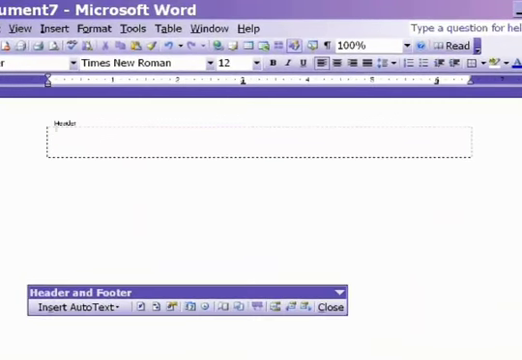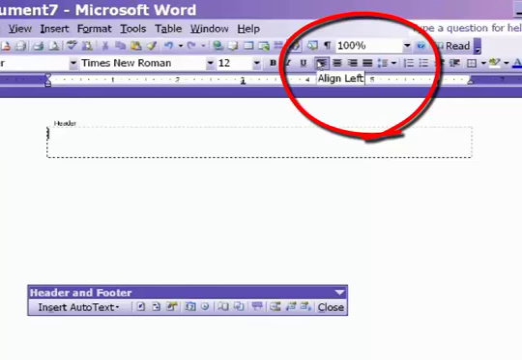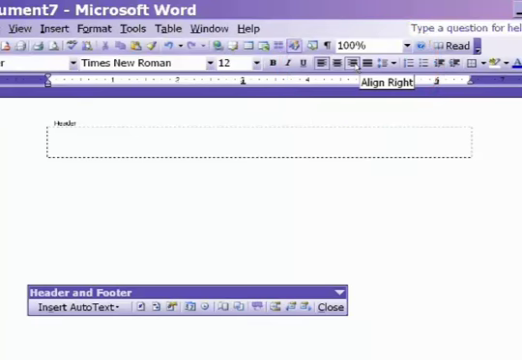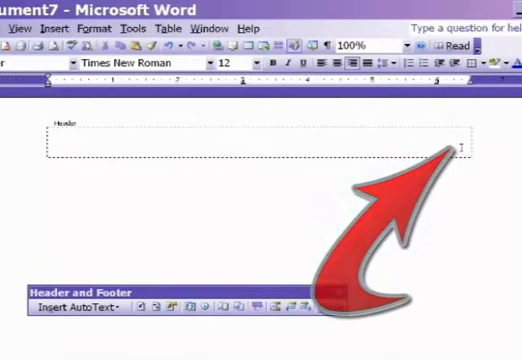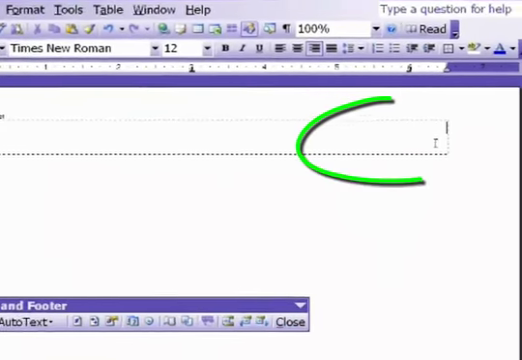For MLA, we need to change the alignment from the flashing cursor on the left up here on the menu bar. Change it from align left to align right. Click the align right button. Your cursor will start flashing on the right side. Then you will need to type your last name capitalized